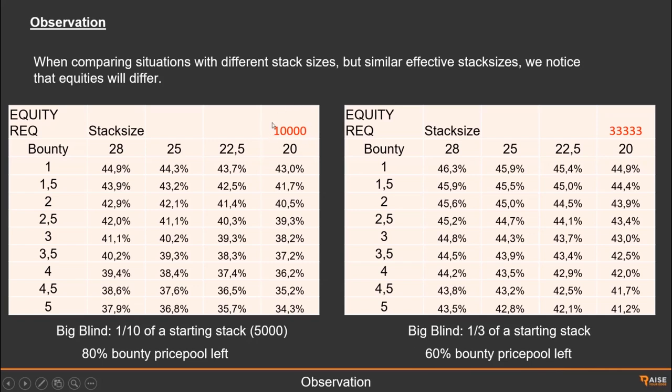Now in red here are the chips for the effective stack sizes. So in this situation we have 20 big blinds effective. Here the big blind should be 500, so 500 times 20 is 10,000. So we have 2 starting stacks in this situation. In this situation here we have an effective stack of 20 big blinds, which is divided by 3, 6.66, and if we multiply 6.66 by 5,000, then we get